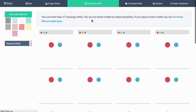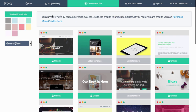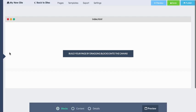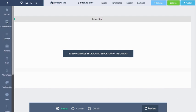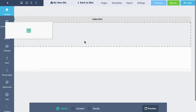But this time I'm going to show you how to do this with a blank site. So you can also choose to start with a blank site, and that loads up here. And then what you do is you take whatever you want from all the blocks out here and start adding that in. So I can take a header here, for example this one,